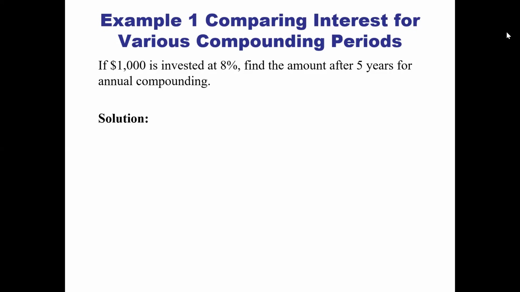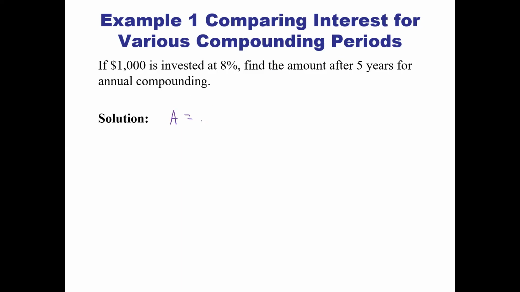All right, so now we're going to compare interest for various compounding periods. So now we're investing $1,000 at 8%, find the amount after 5 years for annual compounding. All right, so what do we have here? Well, what we have is A is equal to, and so annual compounding,